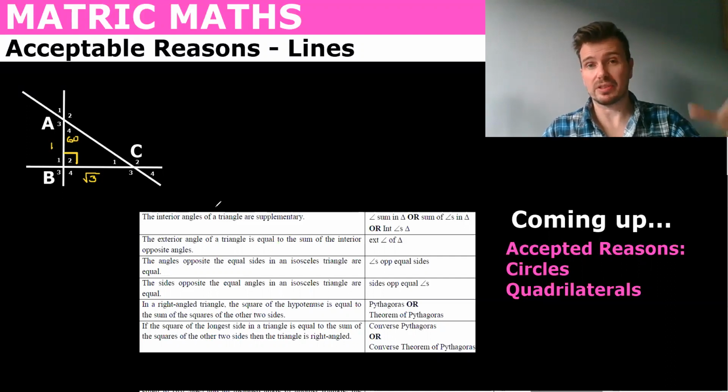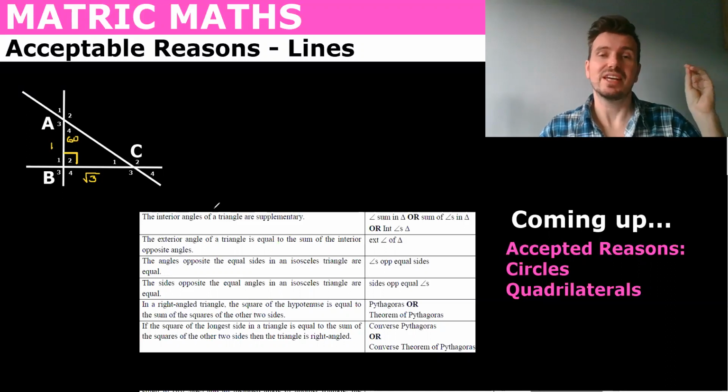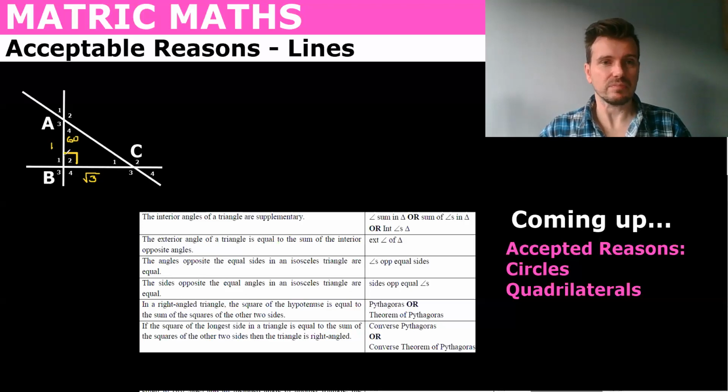The angles sum, the sum of the interior angles of a triangle are equal to 180. So what we've got is A4, B2, and C1 are interior angles. We've been given that B2 is a right angle, A4 is 60, and so we know C1. So what we would say is C1 equals 180 minus 60 minus 90. And our reason is,